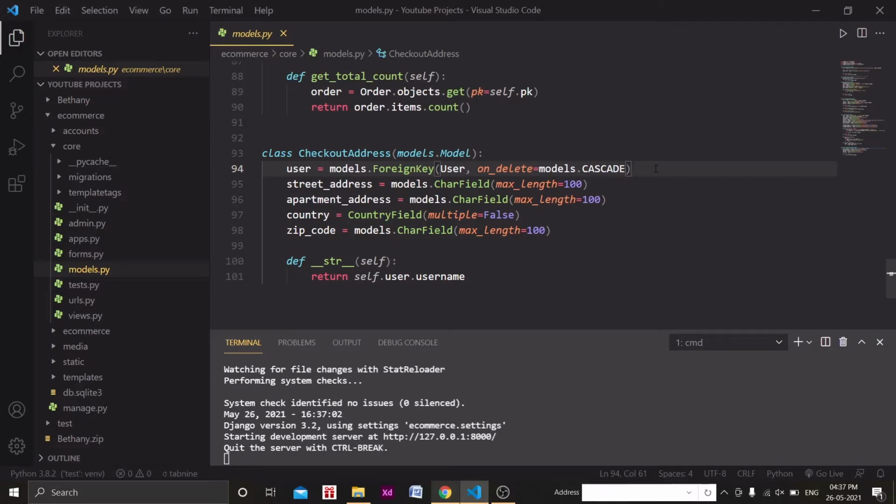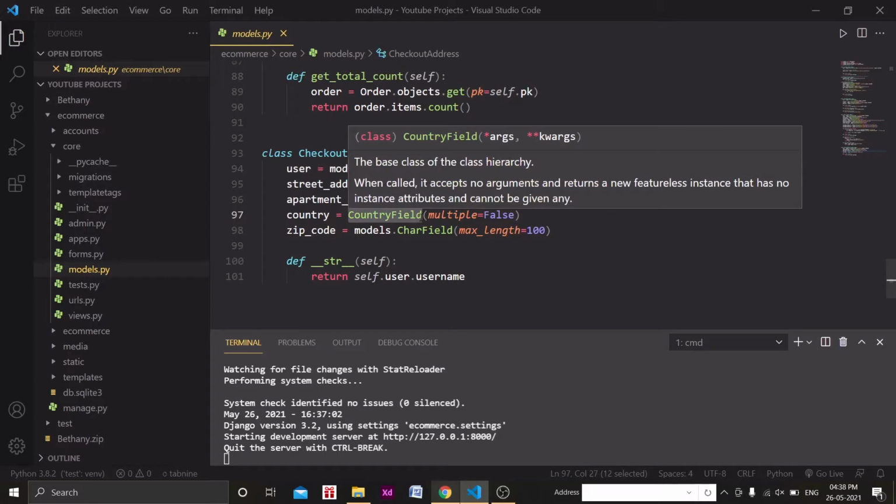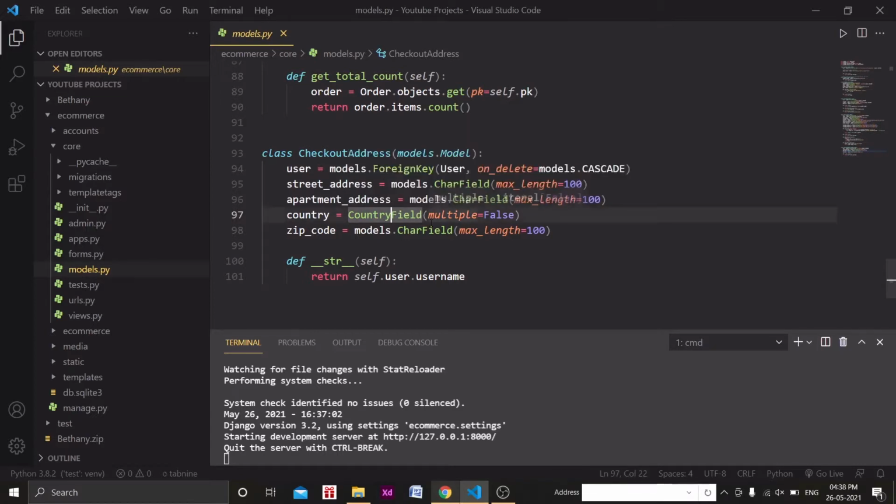If the user is not there, then why should we store this checkout address? Then we will store street address, then apartment address, then country, which is a country field, as we have installed Django countries, with multiple equal to false. That means the user can't select more than one country.